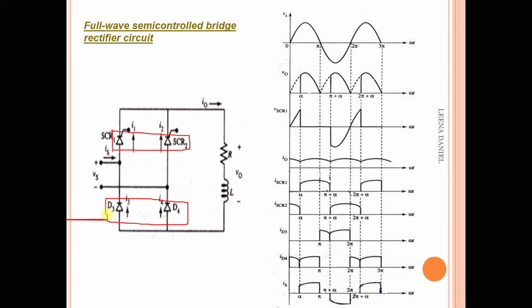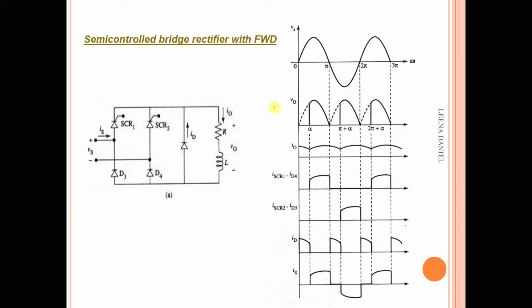So in the positive half, one thyristor and one diode would conduct. In the negative half, another pair of thyristor and diode would conduct. So by using this circuit also, we can make controlled rectification, because one unit is controlled and the other unit is uncontrolled. So this is the combination of controlled and uncontrolled switching devices. But there is no change in the operation of the circuit. It is similar, the waveforms are similar. And to improve the function of this semi-converter, again here also we use the freewheeling diode.